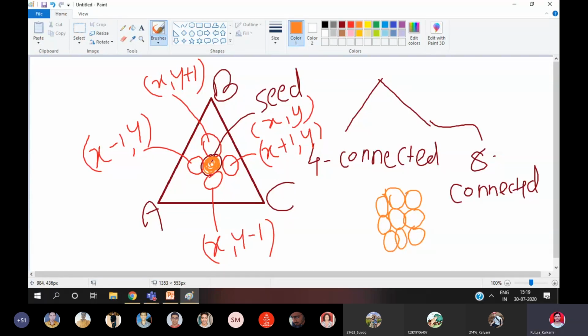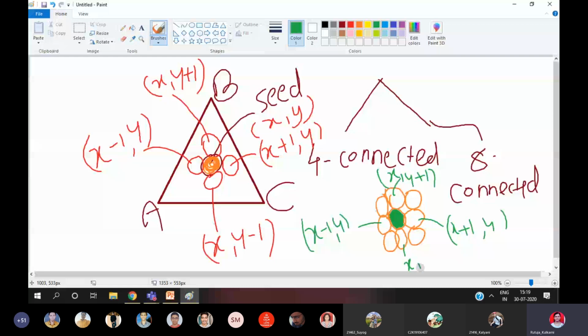Then if you observe this particular seed, the seed is now connected by how many pixels? Eight pixels. What will be the value of each pixel? This is x plus 1 comma y. This is x minus 1 comma y. This is x comma y plus 1. This is x comma y minus 1.